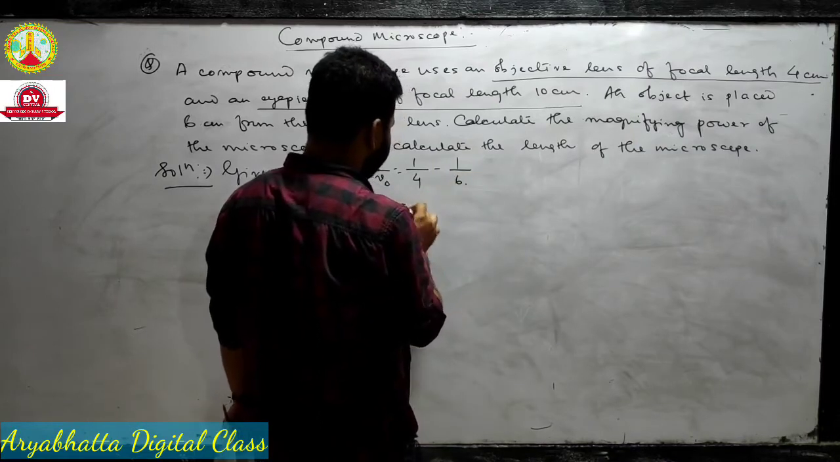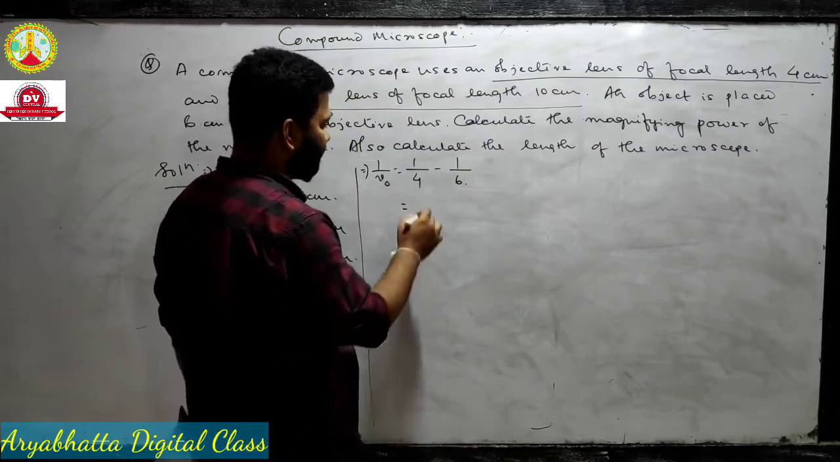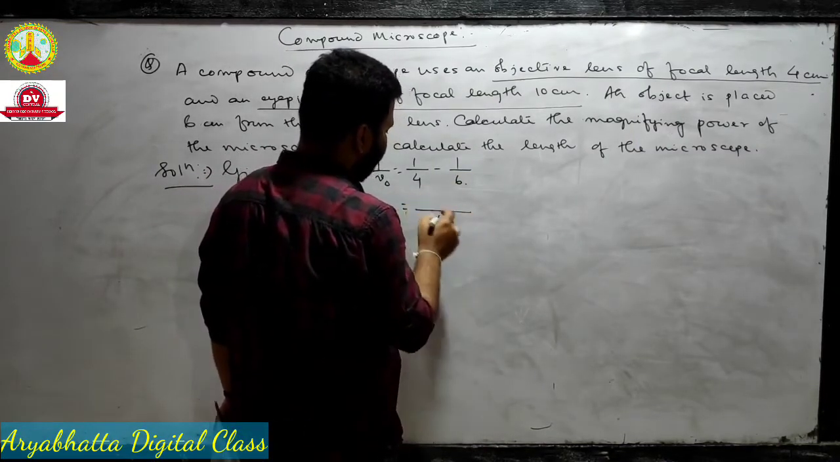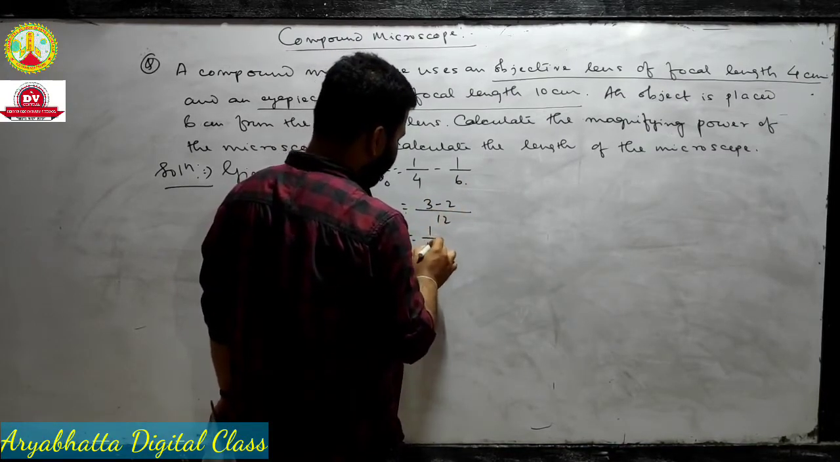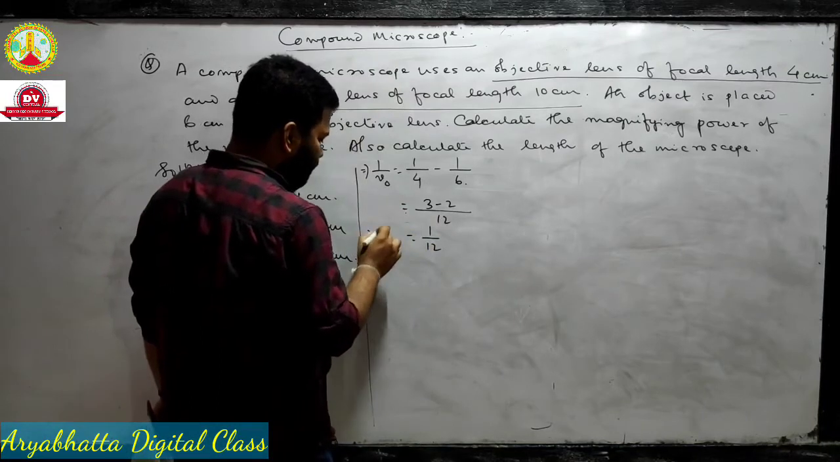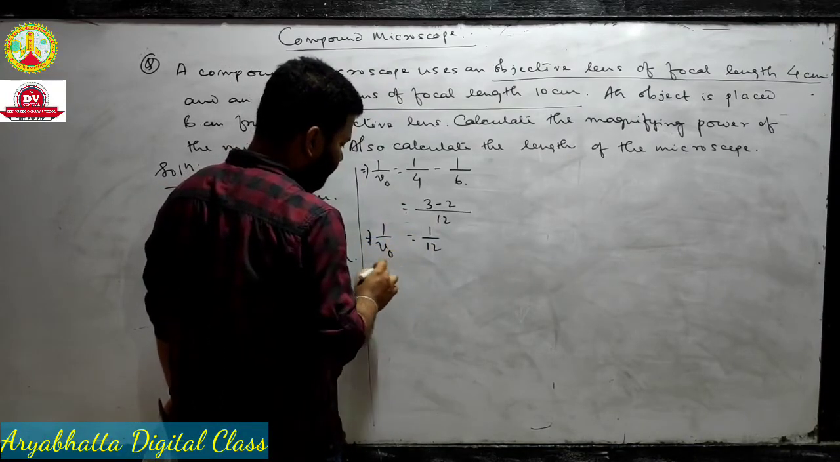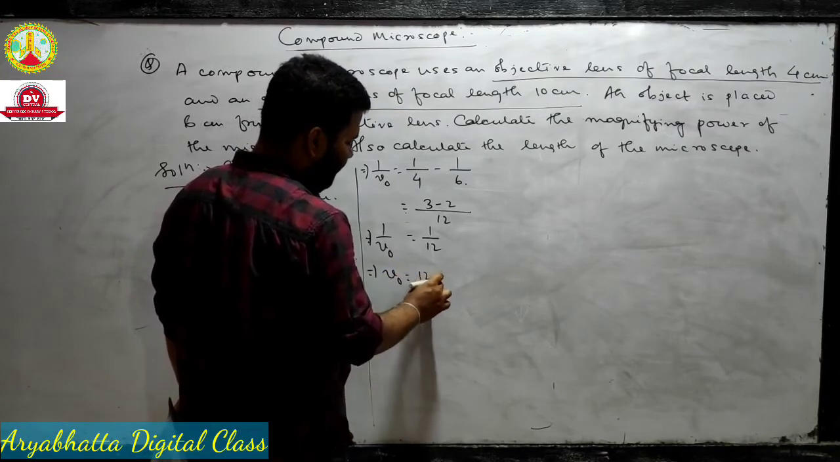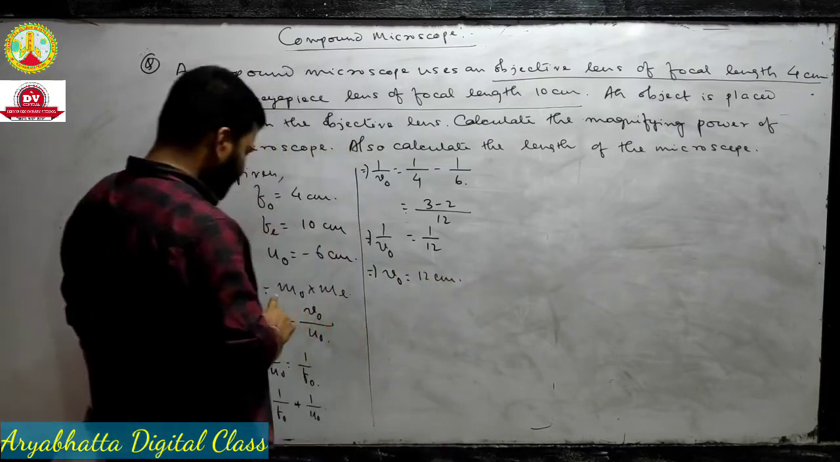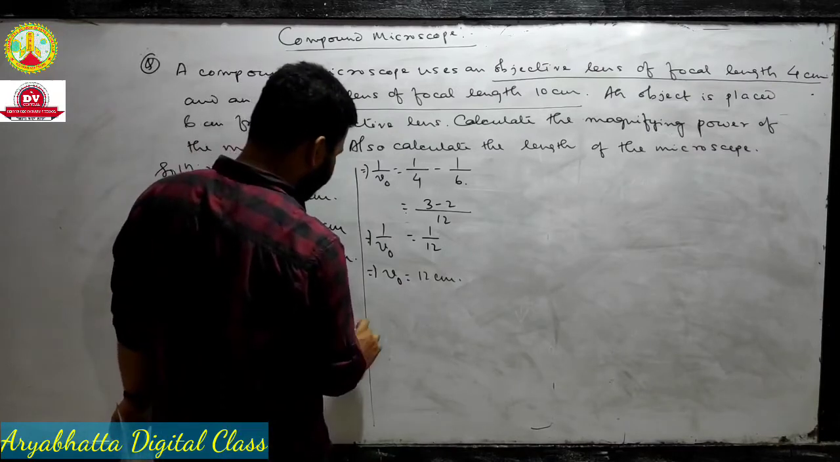So 4 and 6, the LCM of both will be 12. Then 12 by 4 is 3, and this is 2, so it will be 1 by 12. So 1 by VO is equal to 1 by 12. So VO will be 12 centimeter. Then magnification of the objective